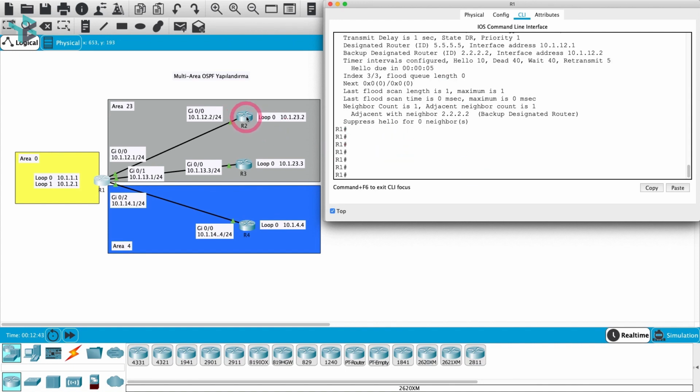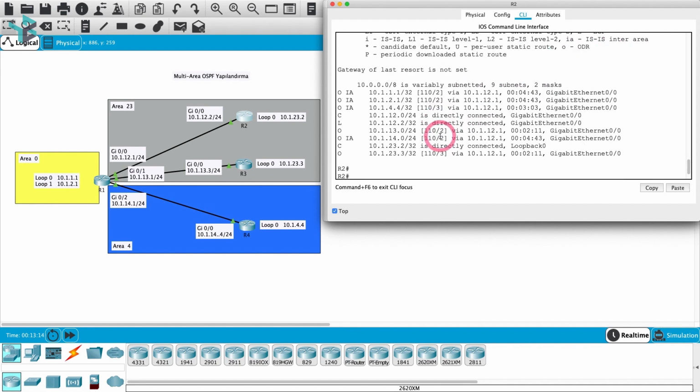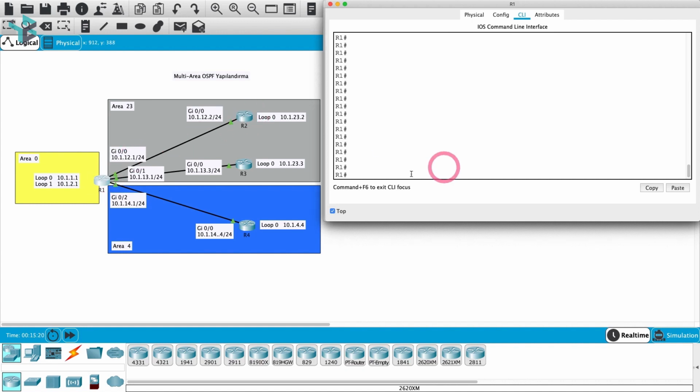Now let's look at router 2 as well. The letters IA here mean inter-area. It shows that it learned its 10.1.1 network from 10.1.12.1, that is, from router 1, and since there is more than one area on router 1, this router becomes an area border router and can share routes to routers in other areas. Let's look at it with the show ip ospf command.